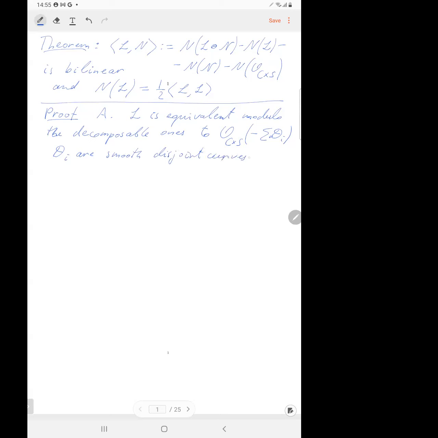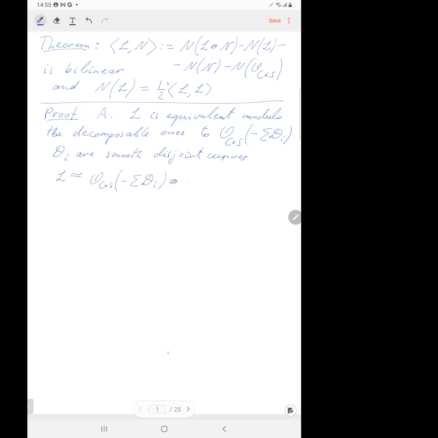Equivalence in what sense? Isomorphic? Well, our standard notation, so it means that L is really isomorphic to O of this smooth divisor,